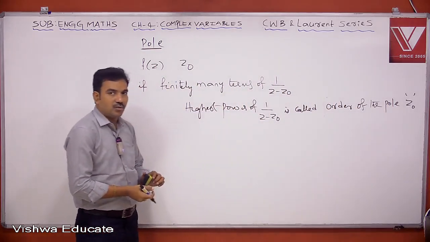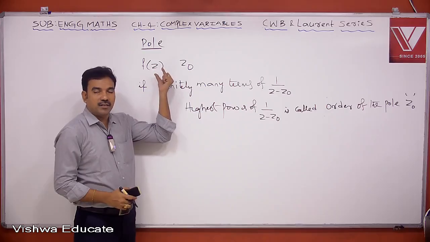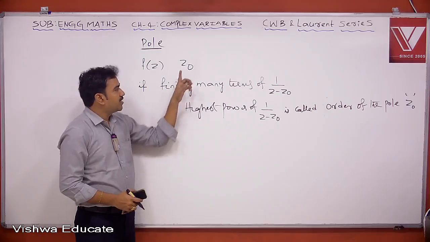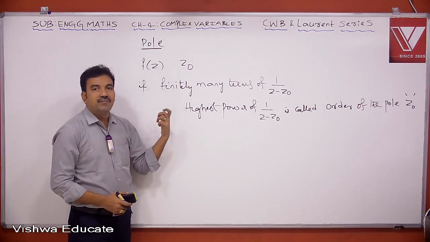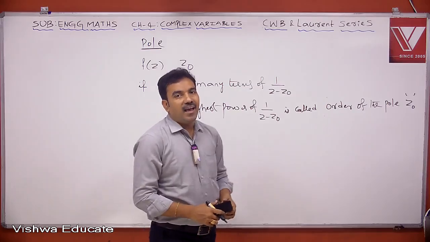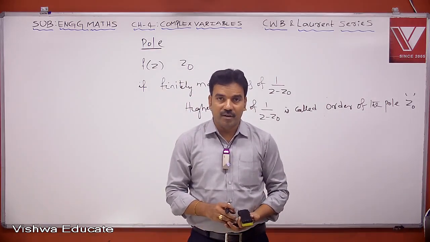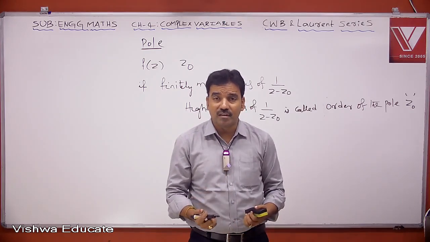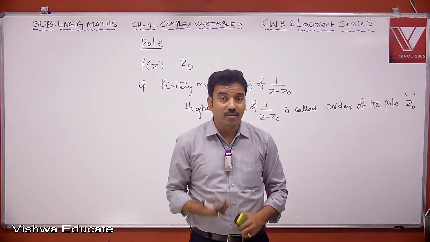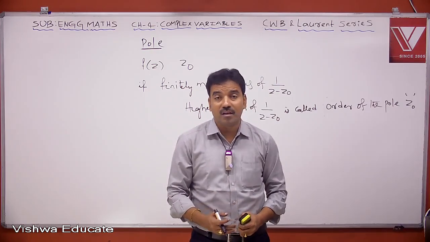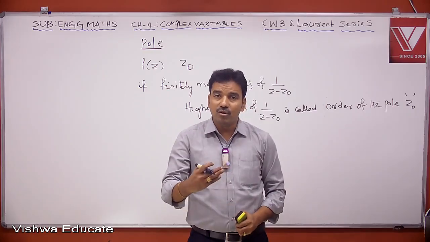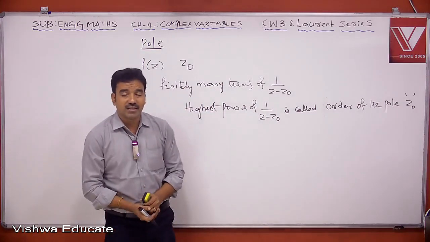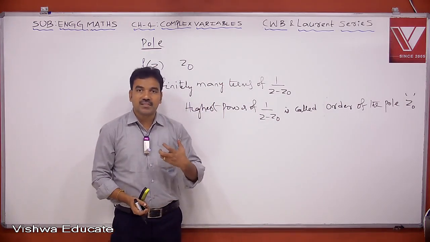Let me recall this definition once again. We have a function f of z, a complex valued function, and z0 is one of its singular points. We say that this is a pole of f of z if the Laurent series expansion of f of z has finitely many terms of the form 1 by z minus z0. Finitely many. You may have exactly one term or 7 terms or 1000 or 1 lakh or 10,000 crores, but you must be able to count how many terms are there of the form 1 by z minus z0. If you are able to count the number of terms of the form 1 by z minus z0, then your job is over. Then we say that z0 is a pole,